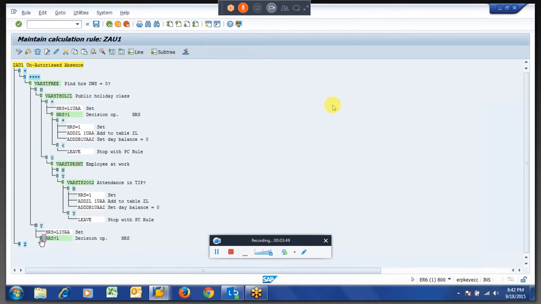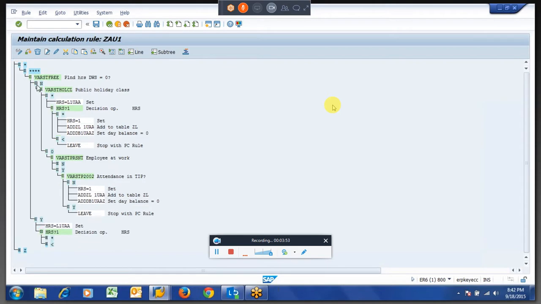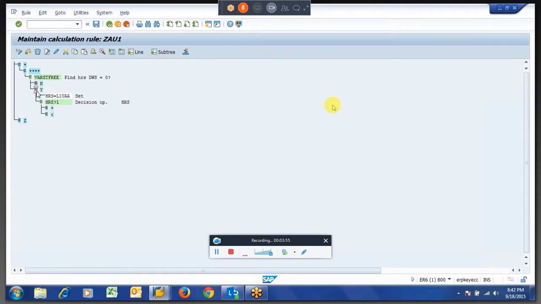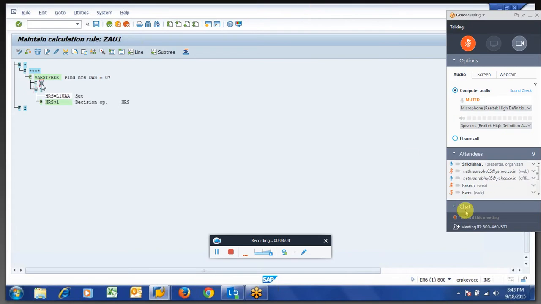We are going to do the same thing when the employee has leave. It's a free day, and then also we check the previous day, whether there is any unauthorized absence or not, based on this time type.